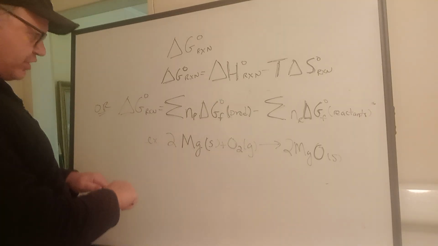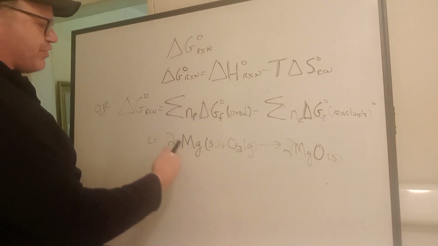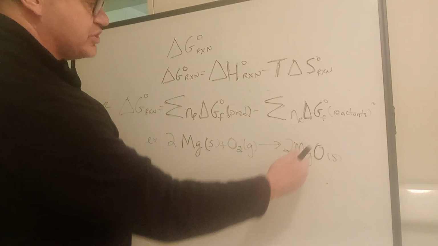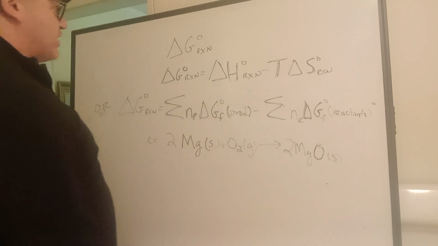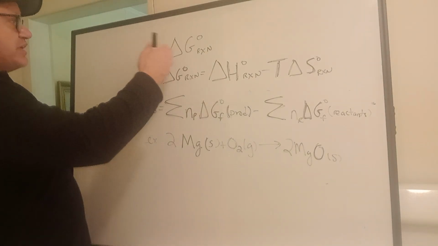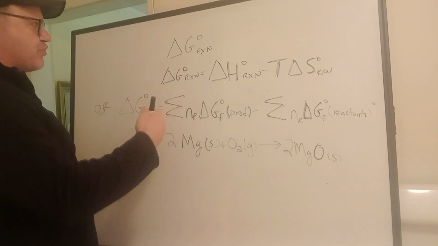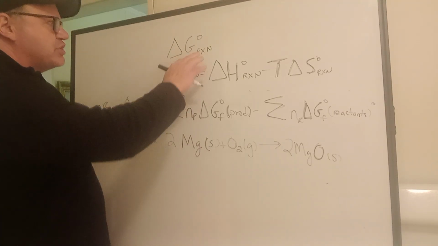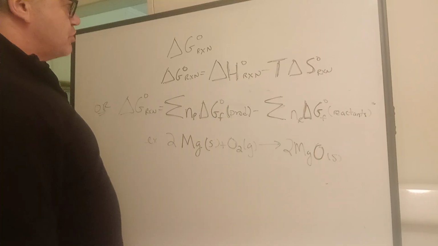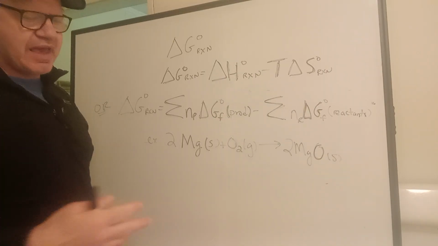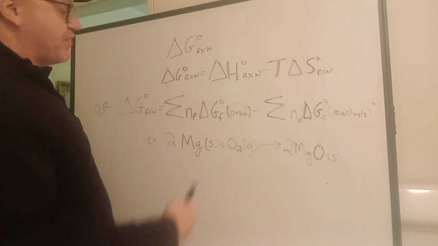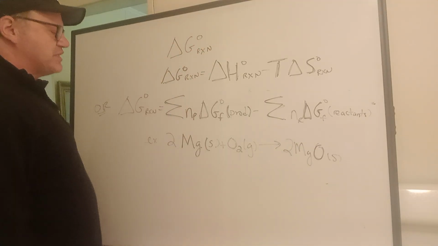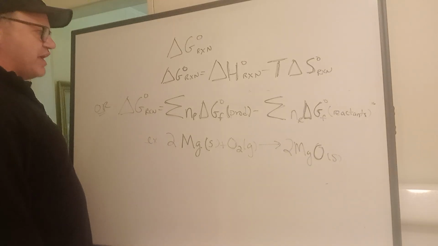to calculate, for a given reaction, such as the one I have written here with magnesium and oxygen giving you solid state magnesium oxide, the change in Gibbs free energy standard. It's per mole for a given reaction. The RxN here is sort of superfluous, just meaning it's for a chemical reaction and not like maybe a phase transition or something else. And the little zero or not symbol, whatever it's called, is just telling you it's done